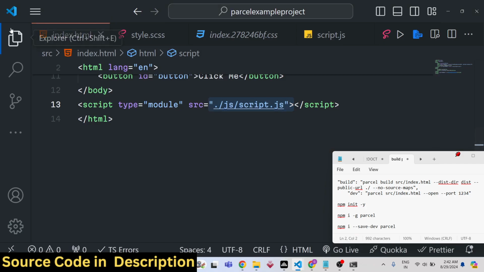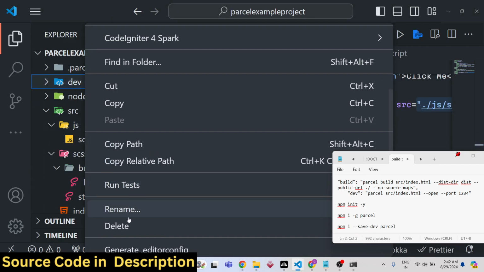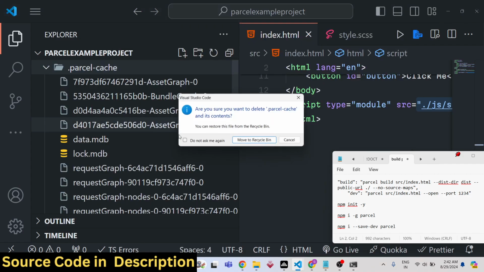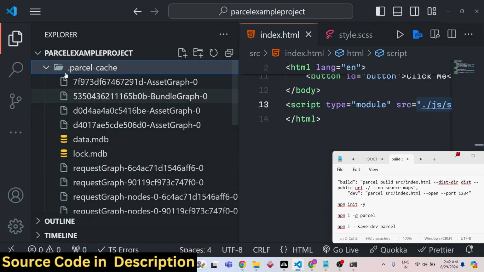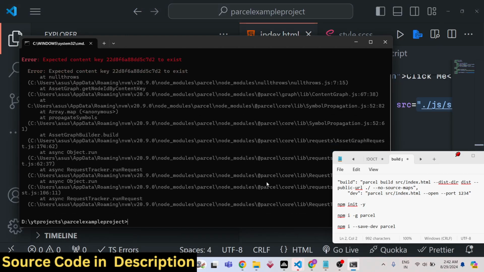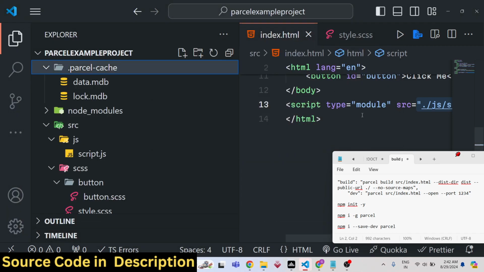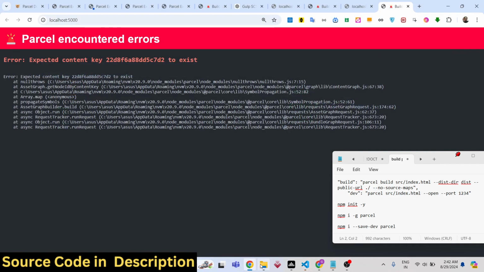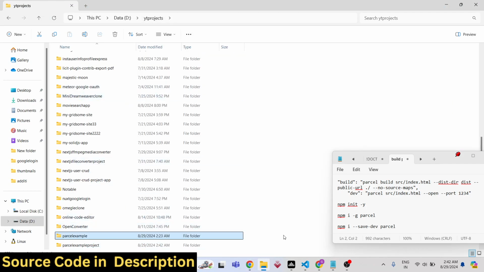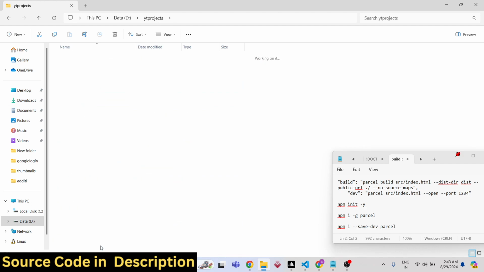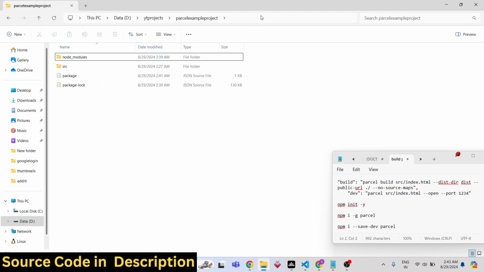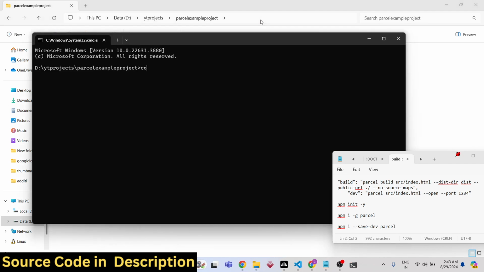So first of all, just make sure that you delete everything from, and also delete this folder which automatically gets created, parcel cache. Also delete this folder as well. So what I will do, I will simply delete this folder, parcel example project here. Let me delete this folder and open it once again, and then